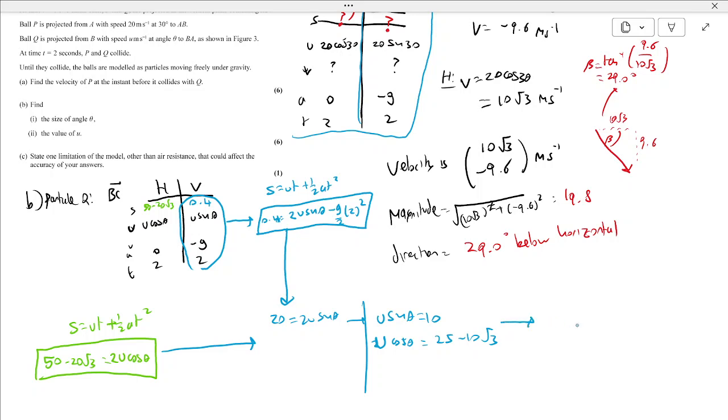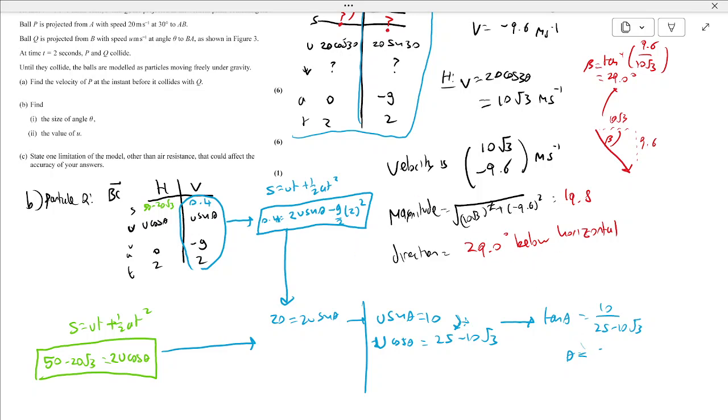Let's just divide to get tan theta. So I'm going to do the top equation divided by the bottom equation. Divide: u sine over u cos just becomes tan, the u's will cancel. And the right hand side is 10 over 25 minus 10 root 3. You can use this to find theta with an inverse tan. So inverse tan of 10 over 25 minus 10 root 3